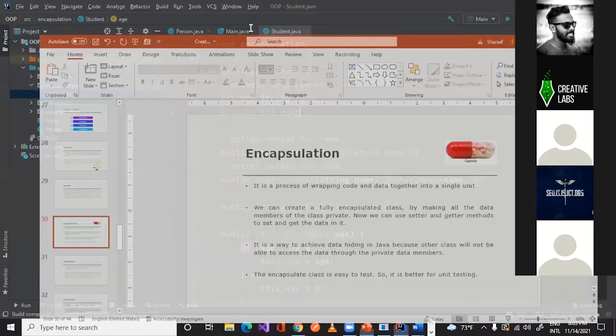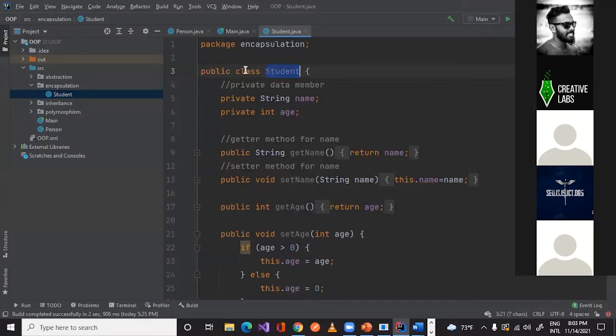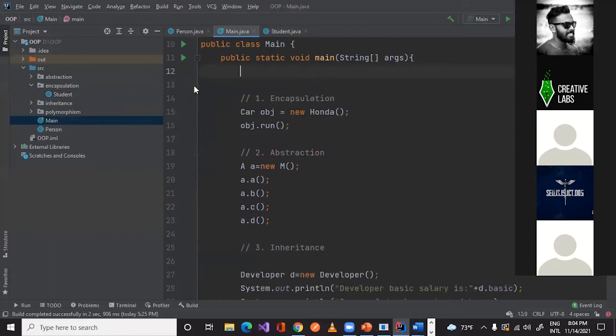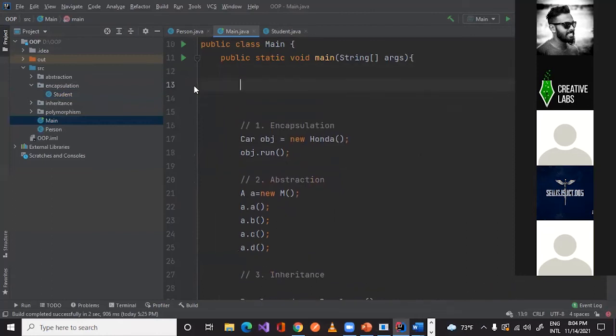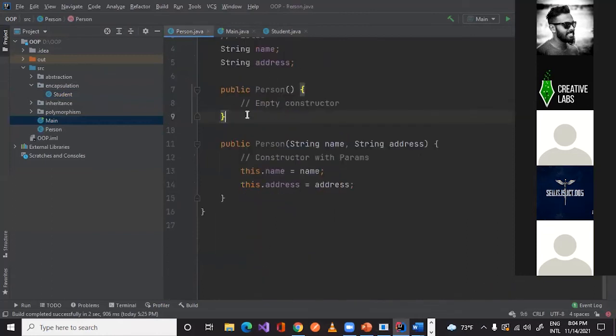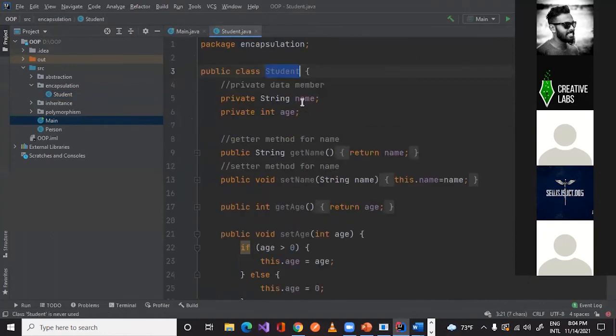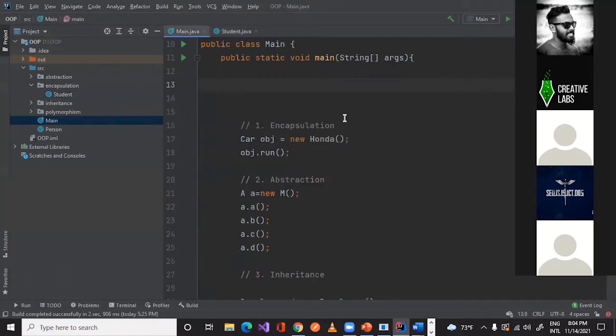Now let's say this Student class should be accessed from this main method. I will just delete this one. From this main method, I need to access this Student class. How can I access that?